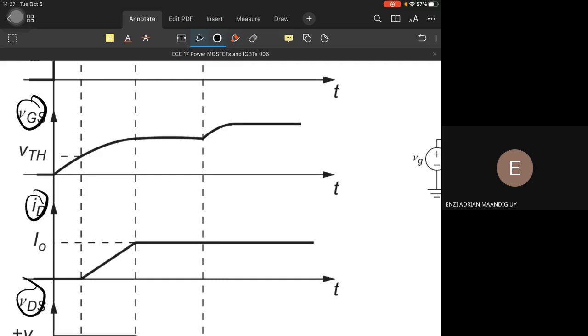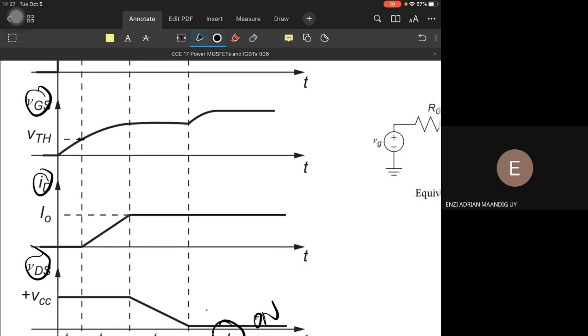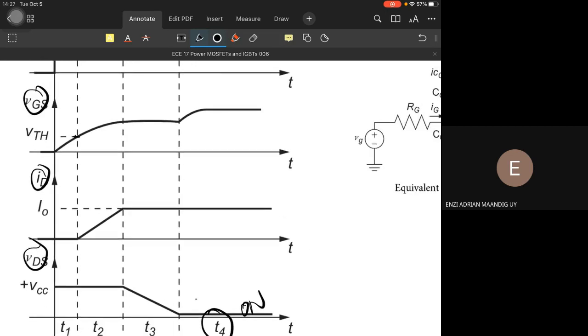When VTH is reached, the voltage level required for current to conduct across the VDS terminals must be satisfied by the value of the voltage VGS, which is equal to VTH. So T1 ends when VTH is reached. Once VTH is reached,